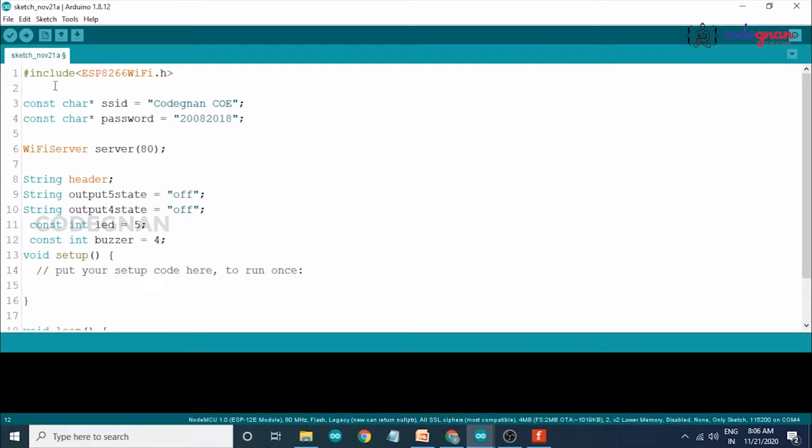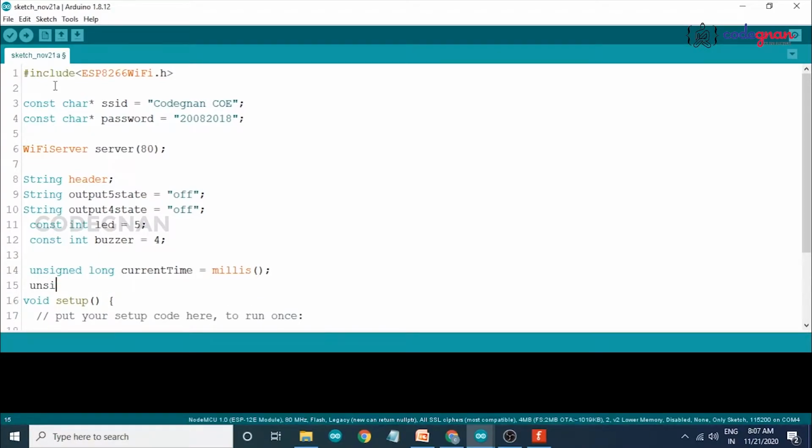And now we also have to declare some time variables so that it can calculate the real time. For calculating the time, we declare unsigned long currentTime equals millis. That means time starts from millis.